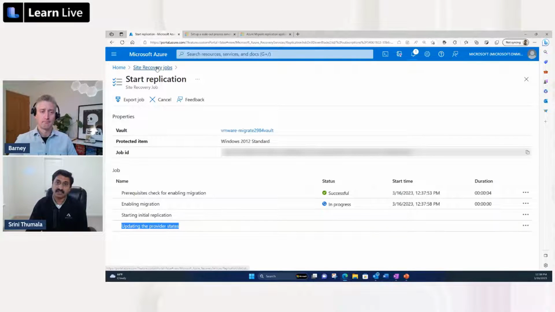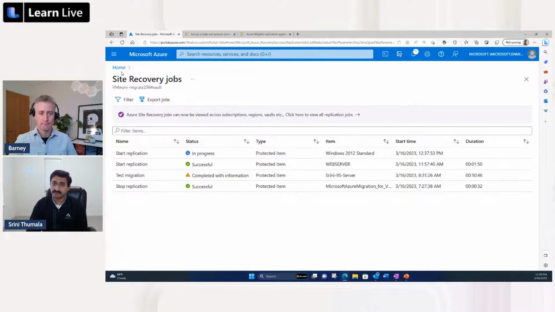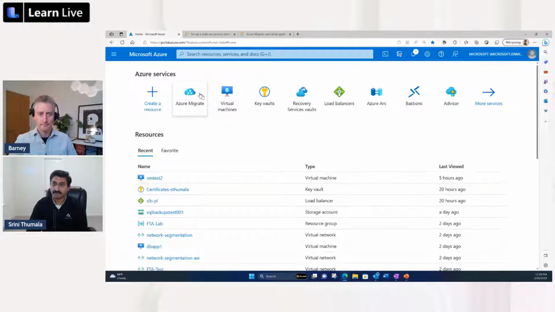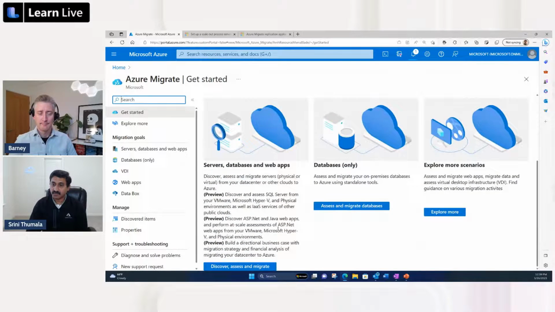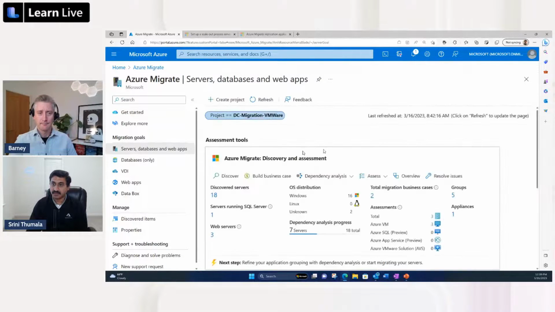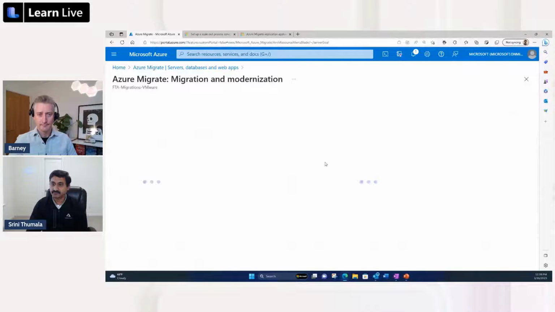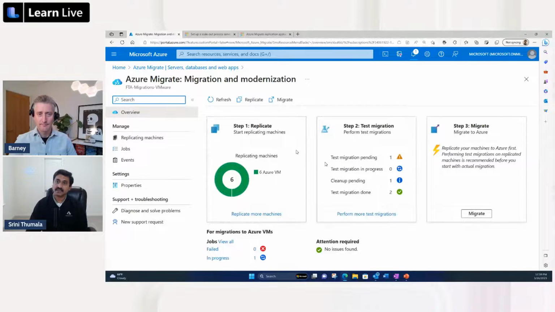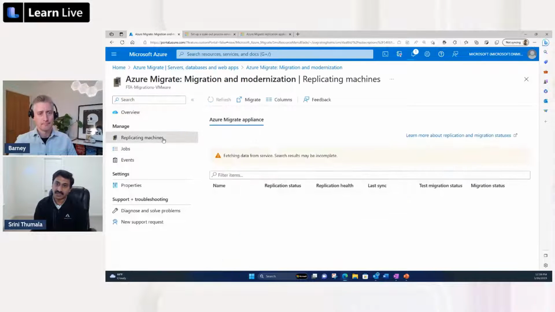Let's go and look at our console, right? I'm going into the project now. This is how our dashboard will look. So it shows three different steps here. The first step is replicate, which we saw. The second step is the migration, the test migration. And the third step is the actual migration or the cutover. And if I click on replicating machines,